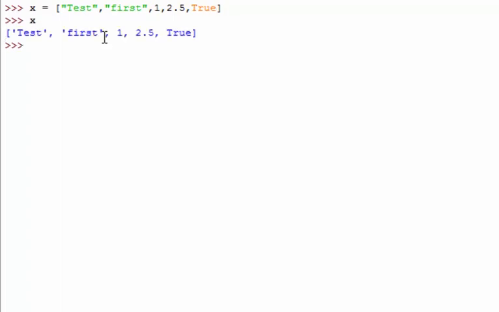Now let's see how to create a list in Python. In a list we use square brackets to create the list. Here the values are, let's say, taste, first, an integer value, a float value, a boolean value, anything you can write. So this is how we can create a list by adding a number of elements into the list, and that too comma separated. So now I have the list ready, x, and you can see the elements are of different types: integer, float, boolean, string.